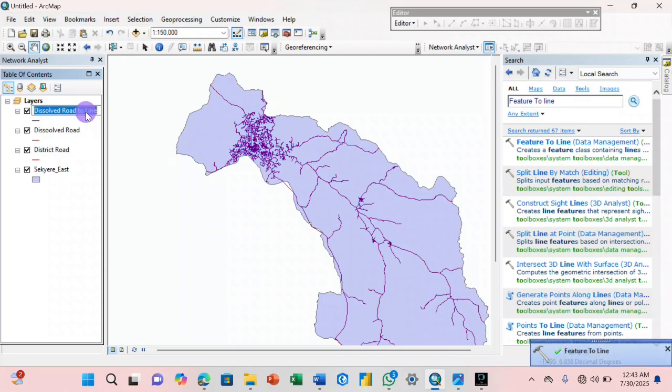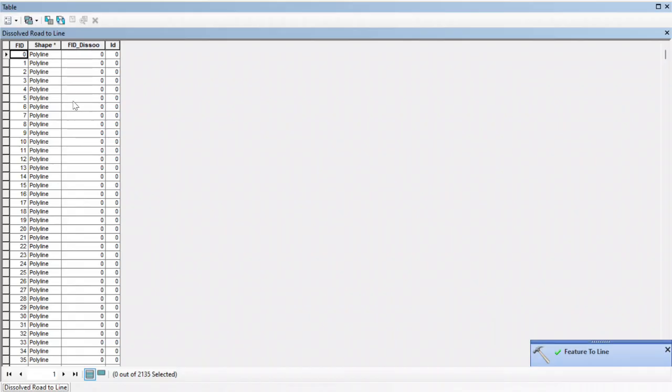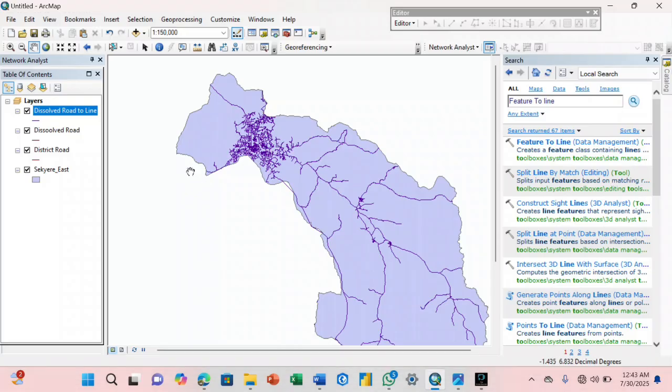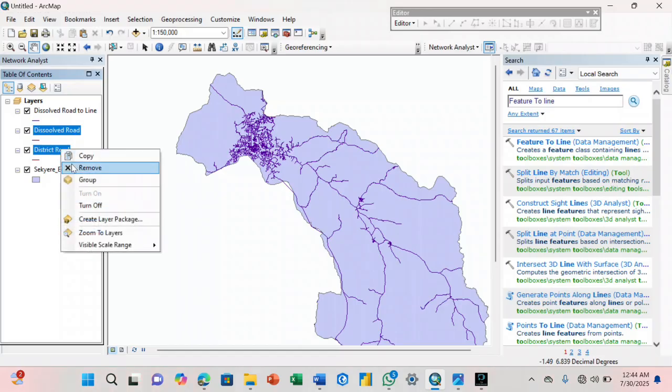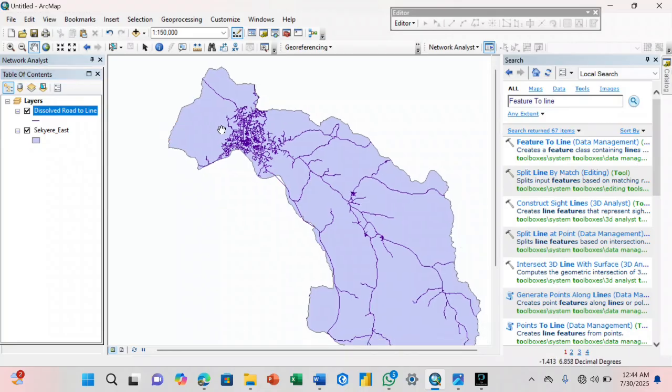Okay, it is done. Now we will go to the attribute table. Now we've dissolved and converted it to line, so this is what we are going to use. Do you get it? So now we can come here and remove the two rows. Now we are going to use this for the network analysis or the accessibility map. So I said, in the previous video I mentioned it, that the first data that you need is your